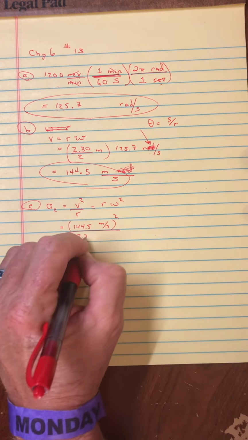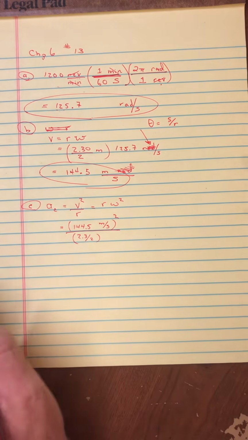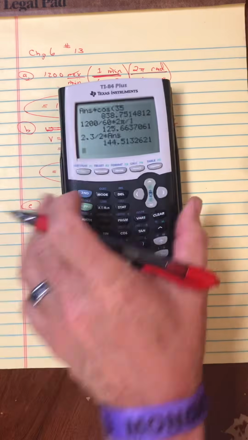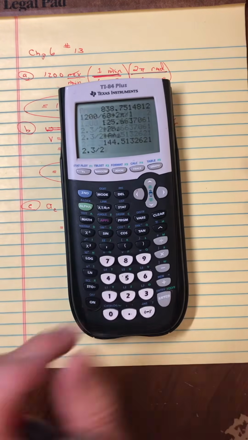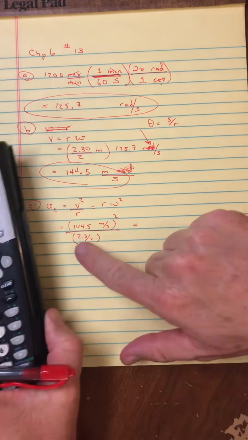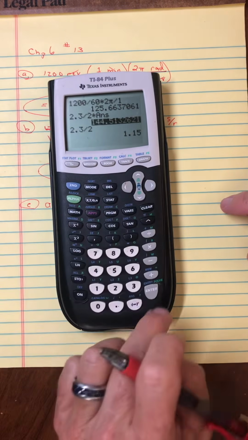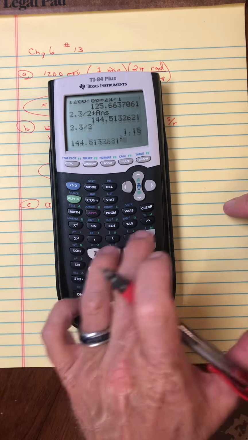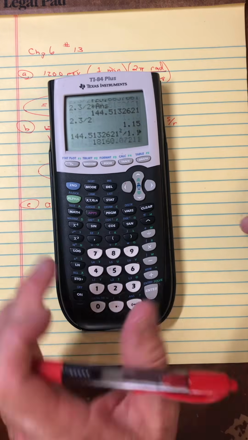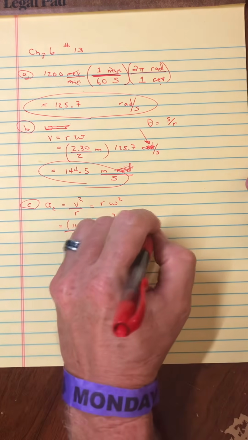And then I'll divide it by the radius, which is 2.3 divided by 2. Maybe I'll start with the 2.3 and divide it by 2 and get 1.15. So that's the radius. So in the numerator, if I go up here and grab that speed and then square it and then divide by that radius, I would get a centripetal acceleration of